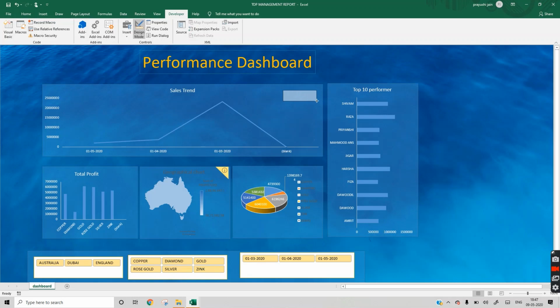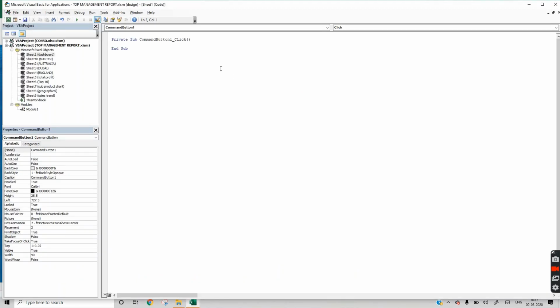Copy paste it anywhere in the sheet. I will paste here. Now when you double click, write one small code: ActiveWorkbook.RefreshAll. It will refresh all the pivot tables and data connections in your workbook.